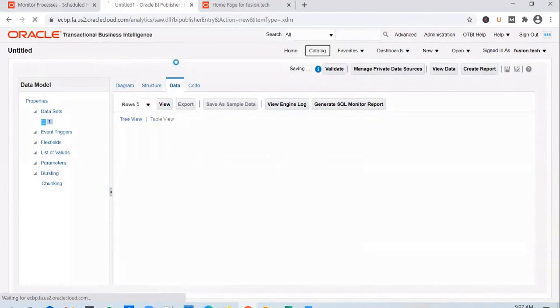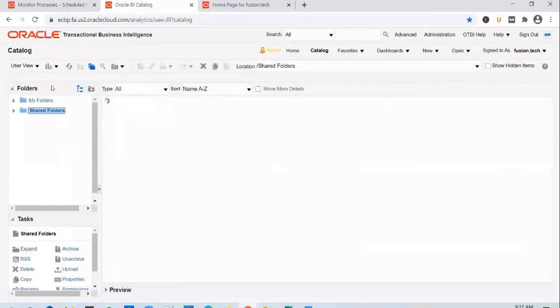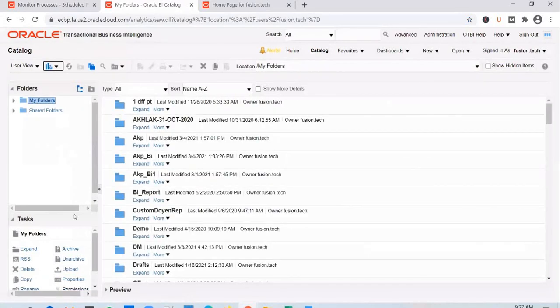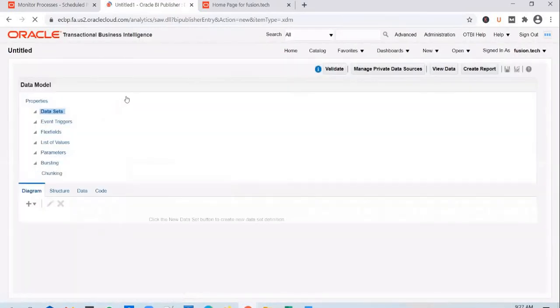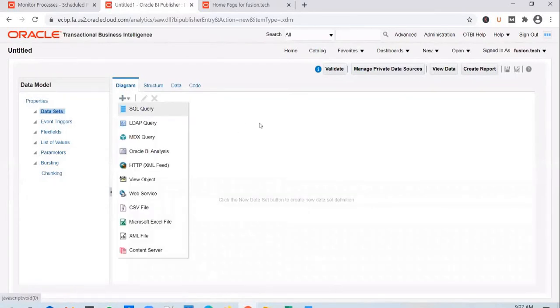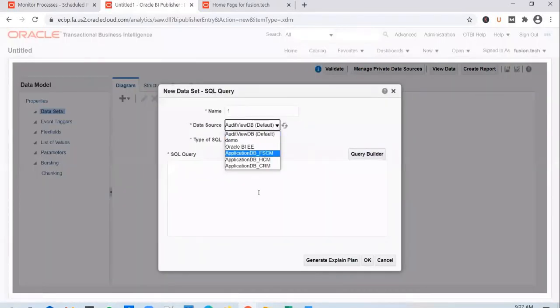Click on catalog again, leave the data model and create a new one again. Or you can create one dummy data model and save it in the draft folders so that you can use that to run the queries every time you want. Create a data model. Run the query.